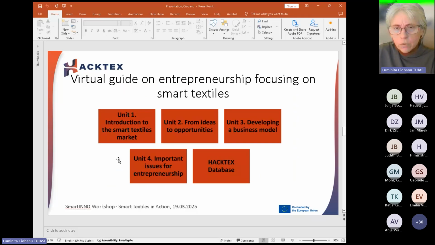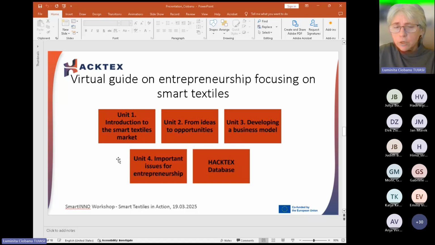As in all European projects, it's open access, no fees, no cost, just to use it. The virtual guide on entrepreneurship is based on 4 units of knowledge. One is an introduction to the smart textile market, from ideas to opportunity, developing a business model, and important issues